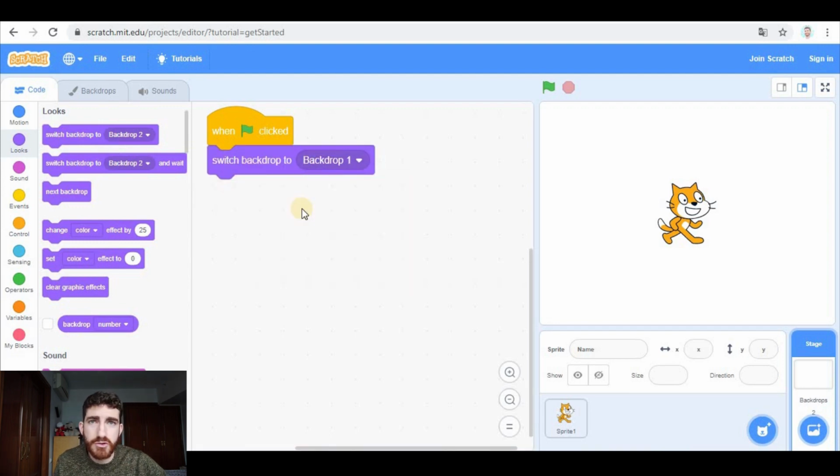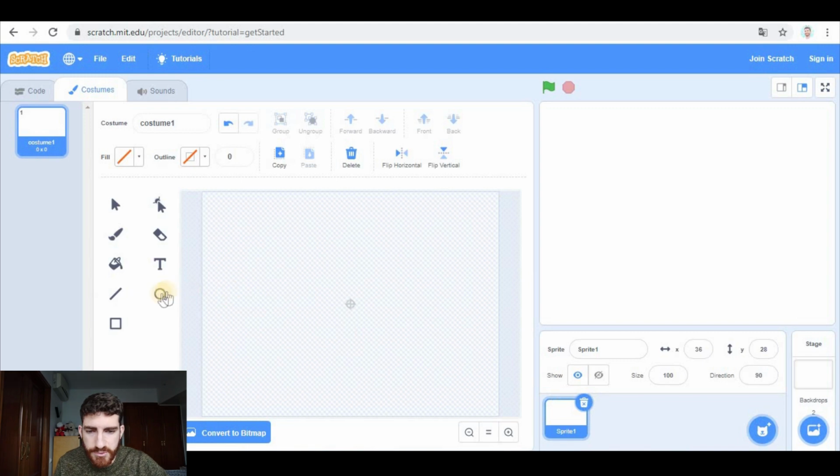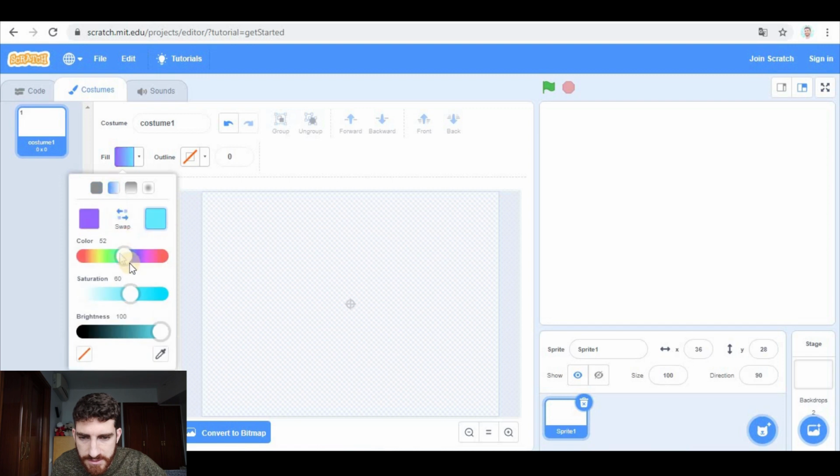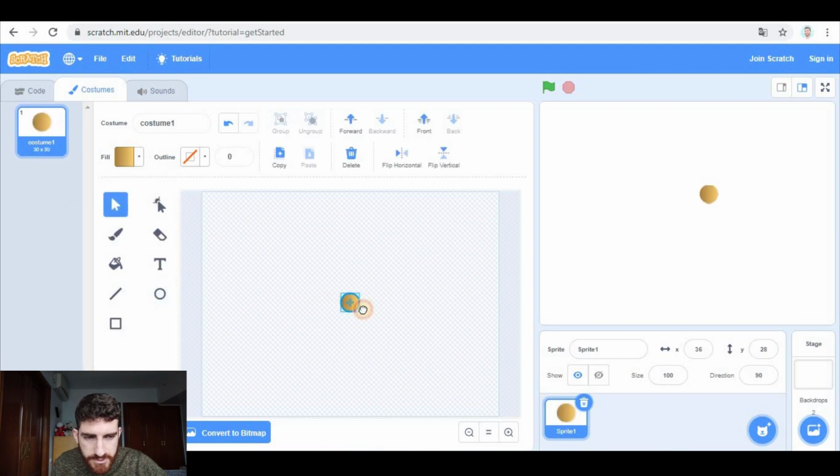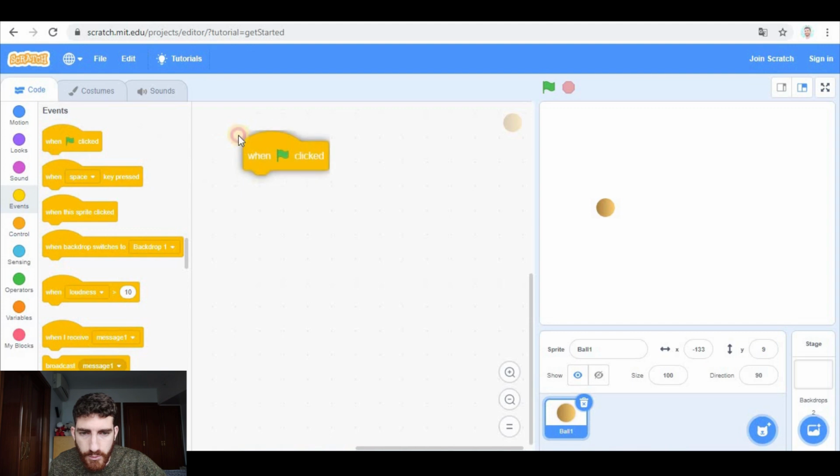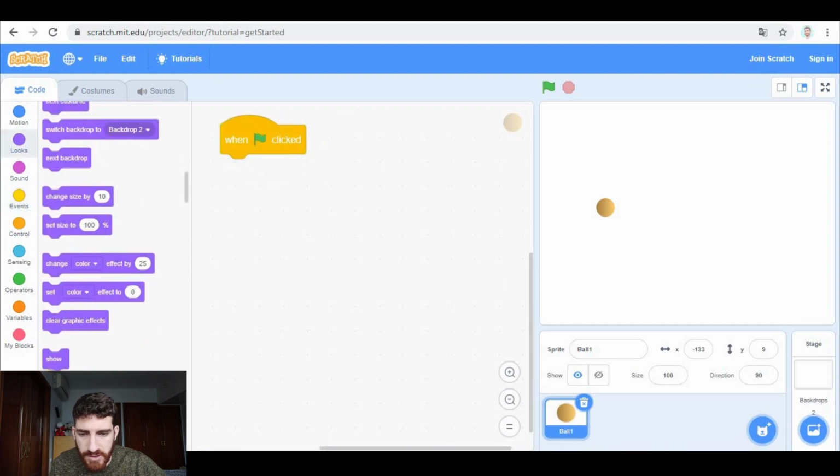We're going to begin creating the two balls that connect the laser. So obviously, let's get rid of the cat. And we're going to paint a new sprite, which is going to be a ball without outline. Two colors. One is gonna be like brown and the other one like brown. It is very important to center it. That's gonna be ball 1, and we're gonna make it draggable by coding it. So well, when green flag clicked, we're gonna show it,